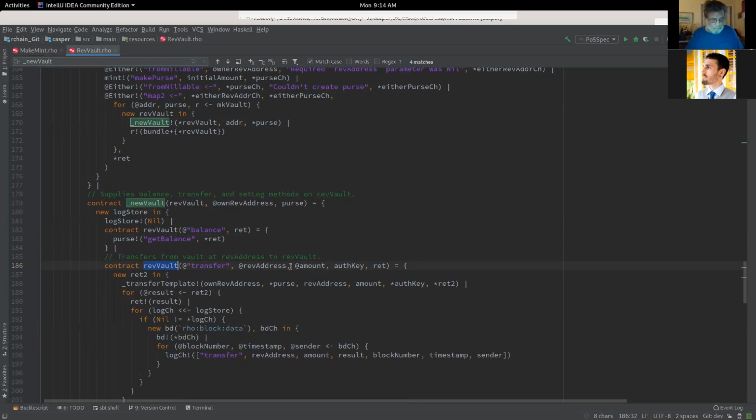But basically, the whole point is, if you had the purse already, we wouldn't need to do this auth key check, and we would just be able to say, if I had access to a purse that you owned, I would essentially just be able to take your tokens, right? But if I only know something about your RevVault, that doesn't give me your auth key to then authenticate transfers out of the purse that contains your rev. That's my understanding of it, or at least what I remember of my understanding of it.